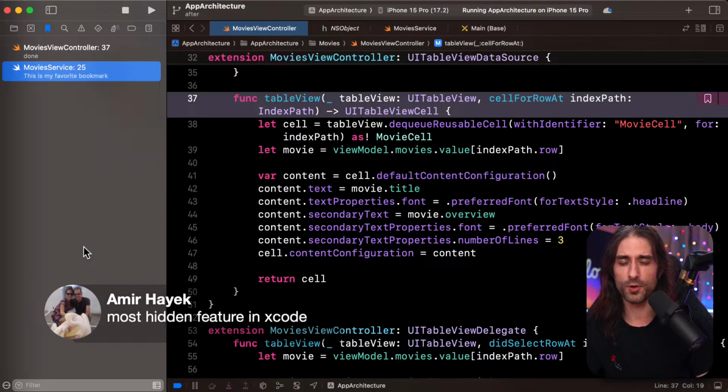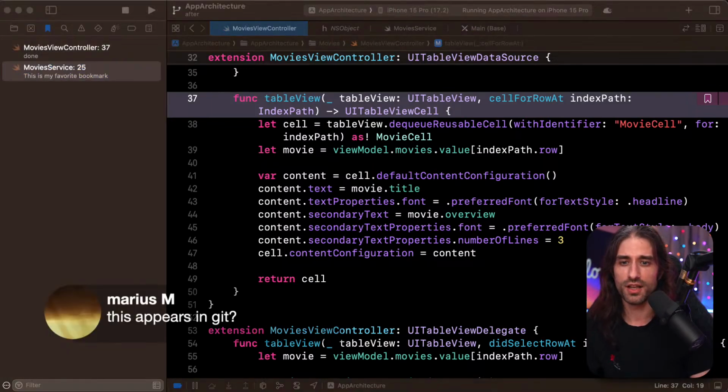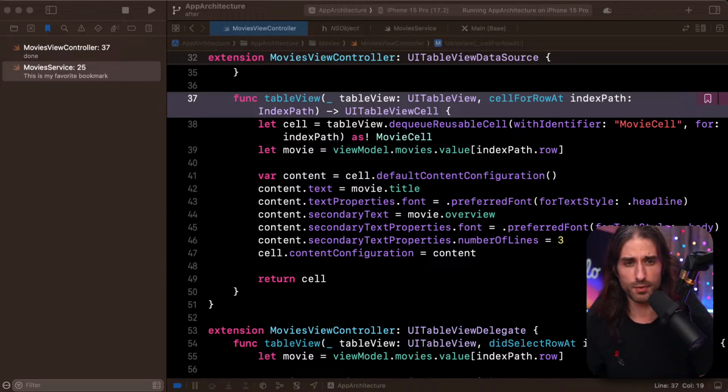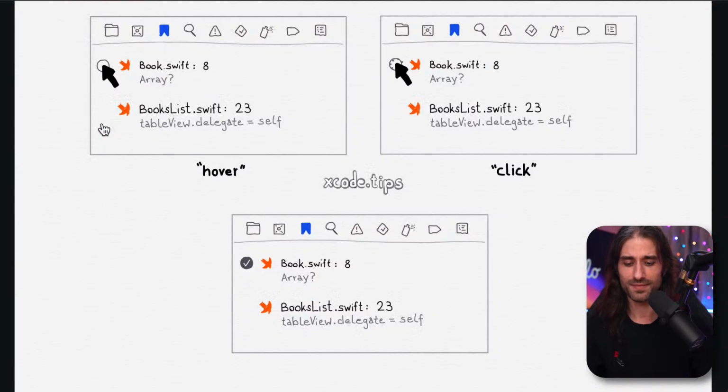Or if you have a project that you are sharing as part of a tutorial, this will also be very useful. And I see a message asking whether this appears in Git. So no, this is not in Git. Let me check. I'm opening SourceTree on my other screen just to check, but I wouldn't expect it to appear in Git. This is purely inside Xcode. Maybe there's a way to commit them, I'm not sure, but by default, they don't appear in Git. They are only local to your Xcode.